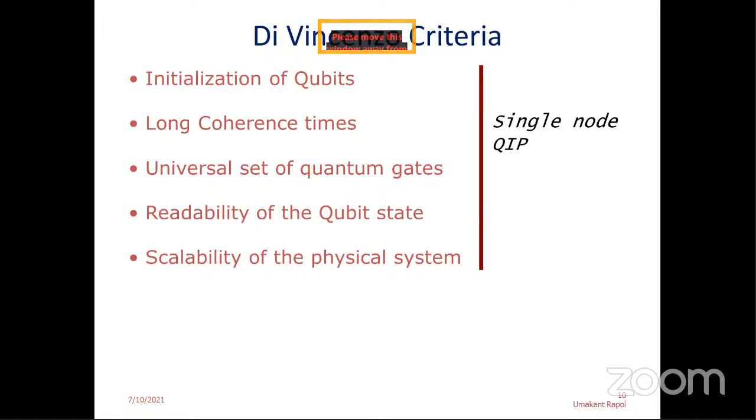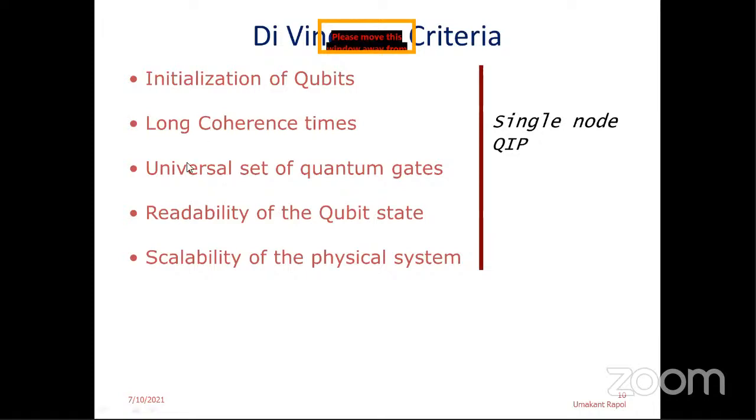All this is because of the interaction with the environment. And these coherence times have to be very long, because all the gate operations that you would be doing on these qubits has to be such that the state, for example, the excited state lifetime should be much, much larger than the total amount of time you spend in executing the gates.